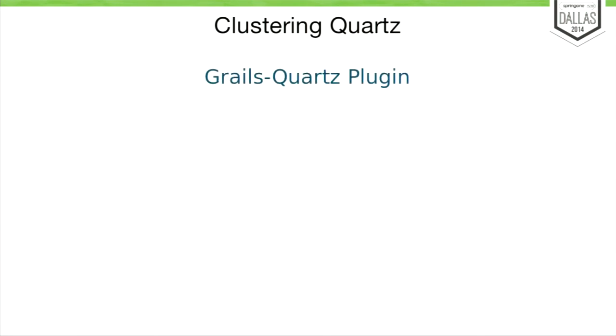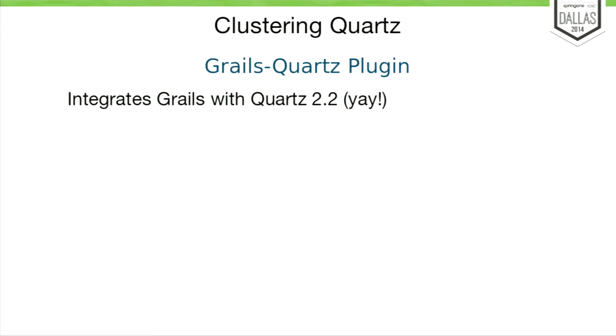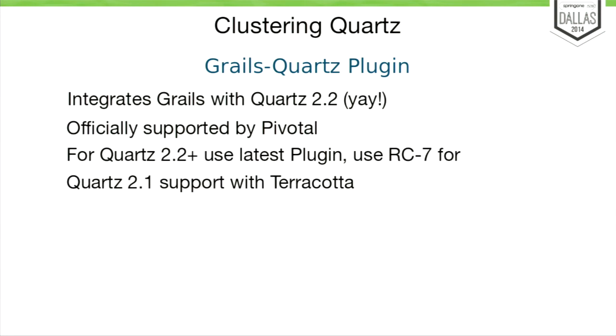The Grails Quartz plugin integrates with Quartz 2.2. If you want to use Quartz 2.2, you're going to need to run its own clustered mode, backed by a data source like a database. This one's officially supported by Pivotal. You can use the latest plugin version if you're using a data store to back it up. If you're using Terracotta, you have to use